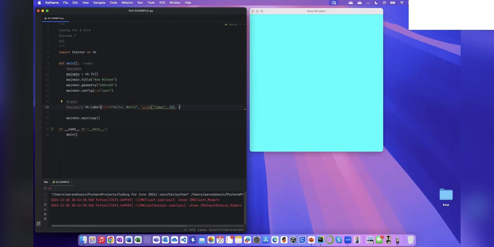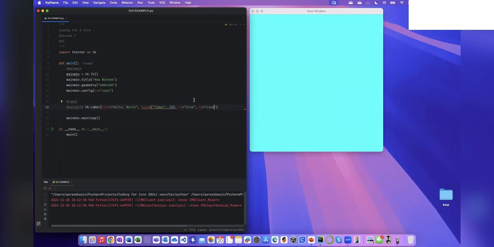And then FG, or foreground, is equal to, let's say, just a basic blue. The foreground is actually what color the text itself will be. And then we also have to set our background color, which will be BG is equal to